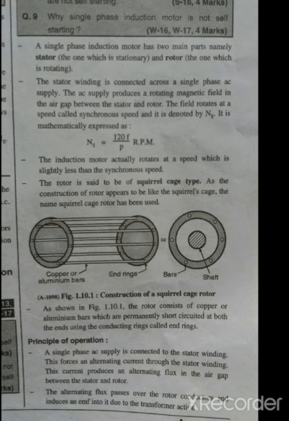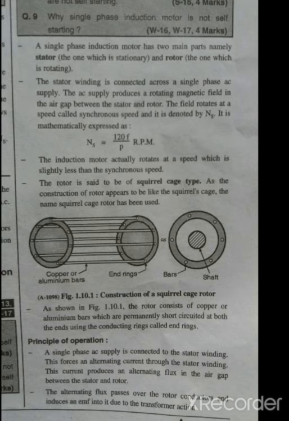In this chart we are discussing the different parts of the induction motor and the material used for them. Along with this, we are discussing the function of the different parts of the induction motor. The first one is the stator frame. Stator frame is made up of cast iron, and the frame is used to support the core and protect the inner parts. This is similar to the yoke, which was discussed in our previous lecture.